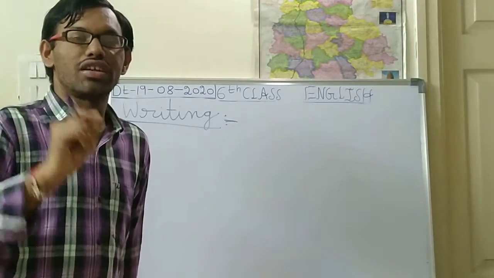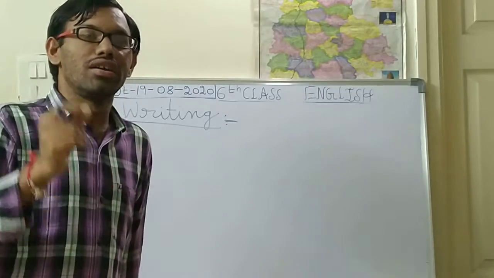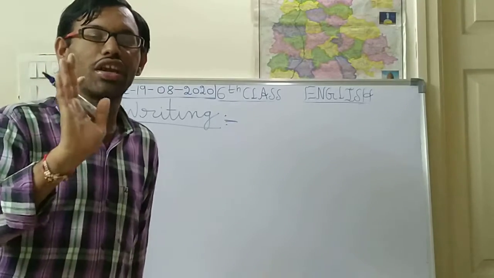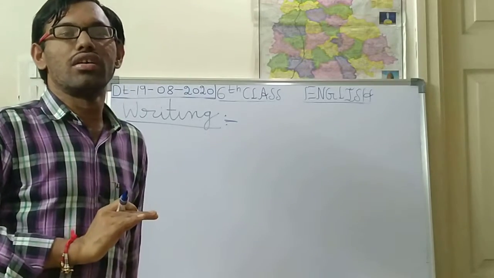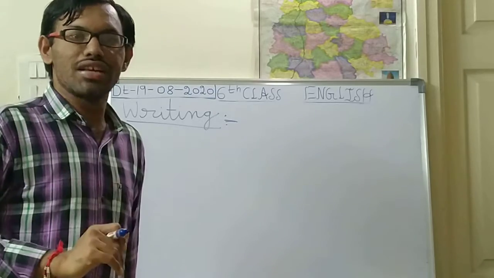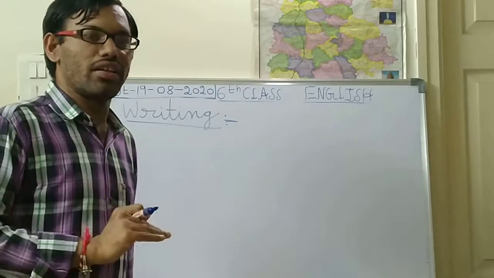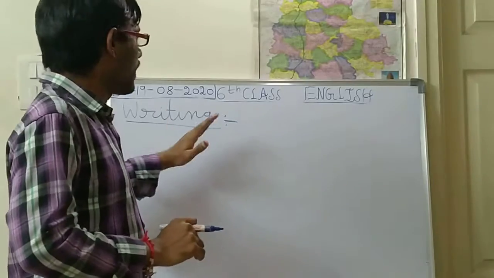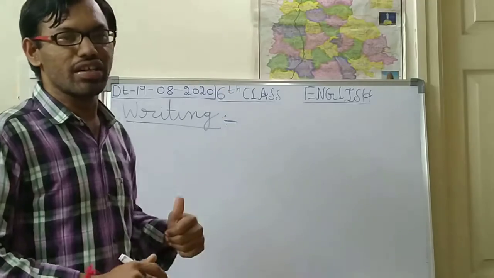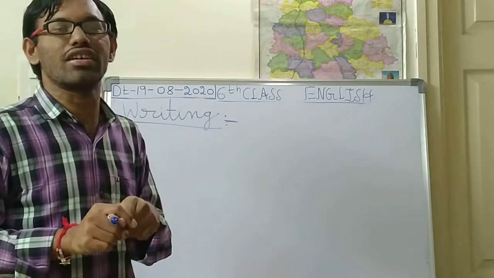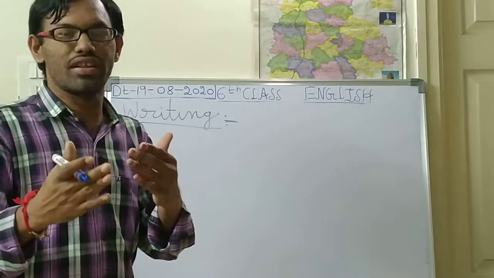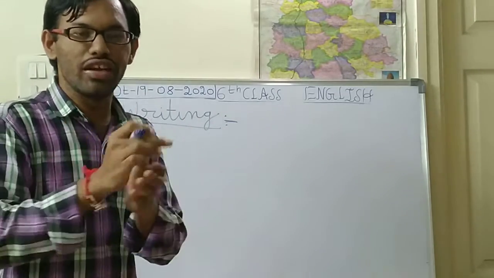Suppose an unknown person is coming, what will the security persons say? Please show me your invitation card for this function. If they have any doubt, they will ask, where is your invitation card? So here we are discussing the invitation card, and how you have to write it. Generally for functions and marriages, you will be seeing invitation cards.